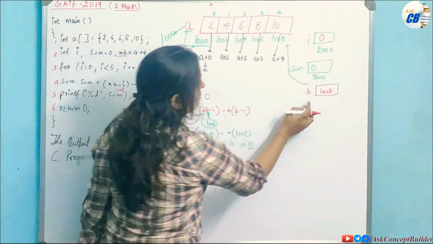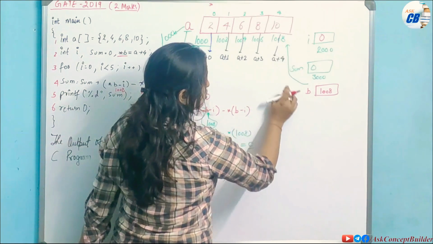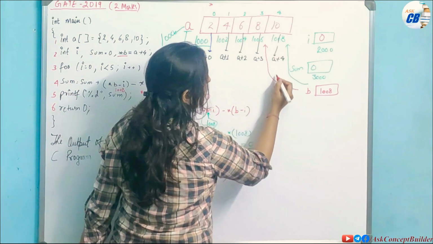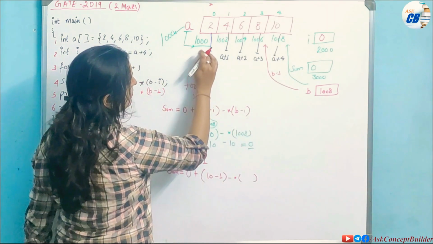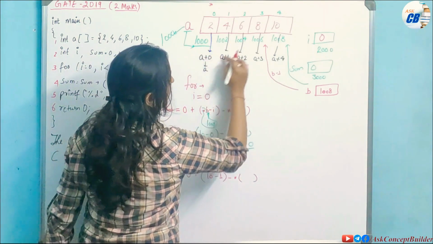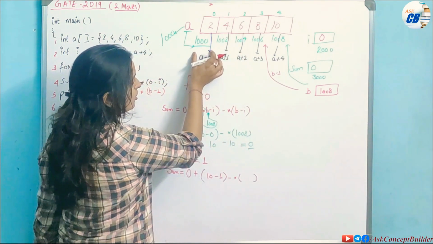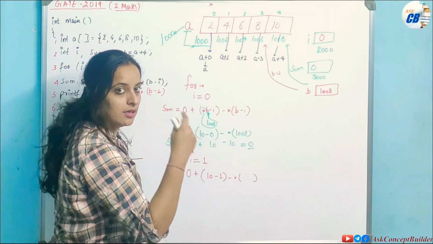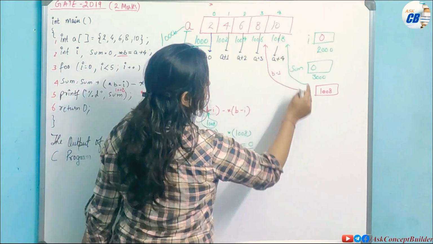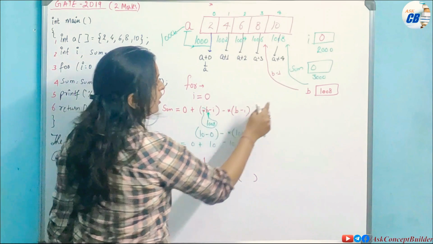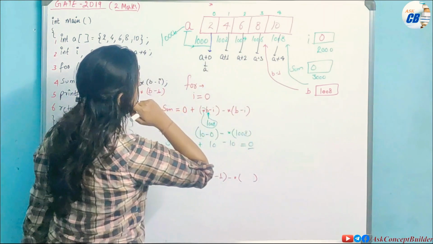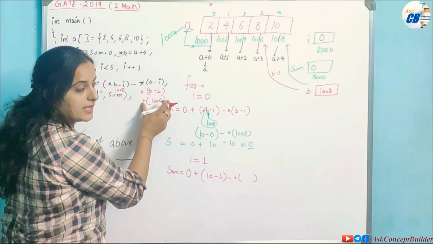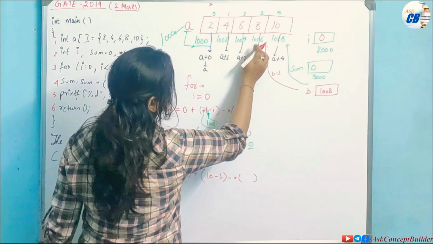If b is pointing to this address, then b minus 1 is the one value which is before it. Like a was this one and a plus 1 is moving one value, meaning next to it. When a was this, a plus 1 is this, a plus 2, and in the same way minus will take you one element before it. So if b is pointing to this, b minus 1 will be this one. Now b minus 1 is 1006, so we have to find the value at 1006. The value at 1006 is 8.